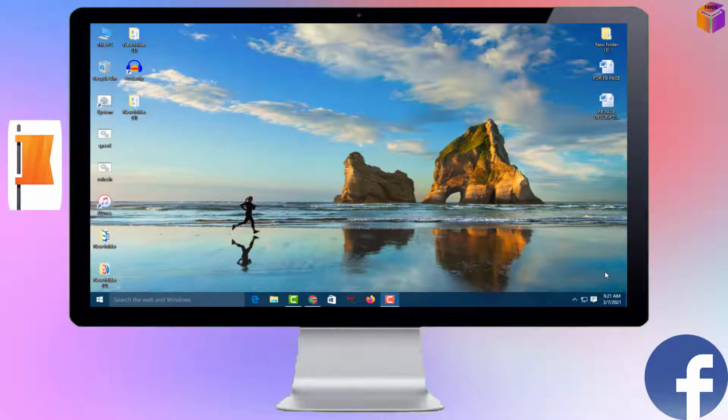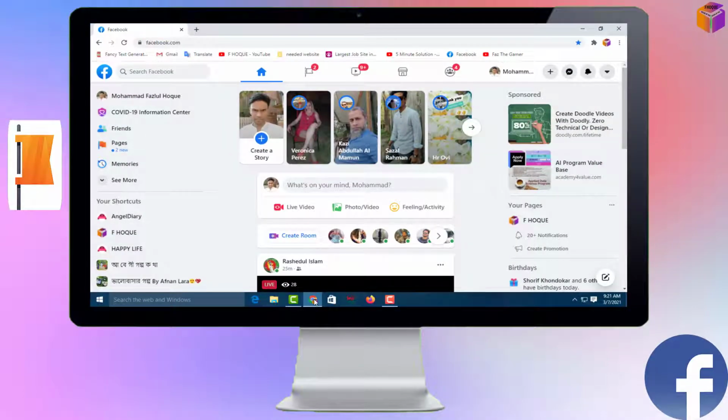Friends, to make important settings of a Facebook page, you have to log in to your Facebook first from Google Chrome browser or any browser on your computer. Then you have to go to your page. I want to make the settings for the Afroc page, this one, so I'll click on it. If you don't find it here, you can click on pages, then you can find your page over there. You have to open that page. So I want to open my page from here.